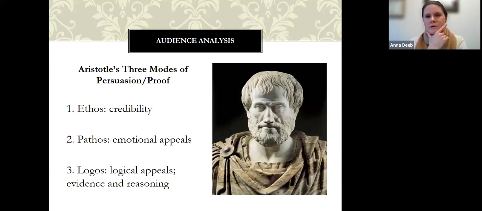I don't want you to think of these 3 elements as just something we do to convince people that we're right. It's something to just connect with people. So the 3 modes of persuasion or proof are ethos, where we tap into credibility or demonstrate our credibility to an audience. Pathos, our emotional appeals, or how we connect with people emotionally. And then logos is going to be appeals to logic, how we use facts and logic and reasoning to convince people.